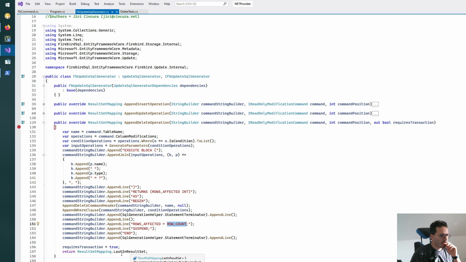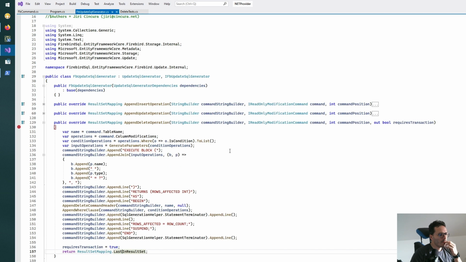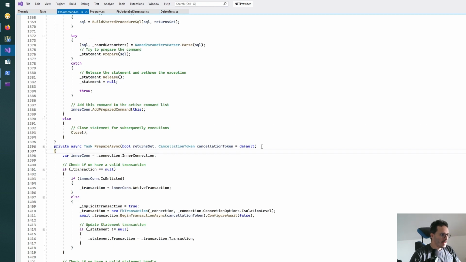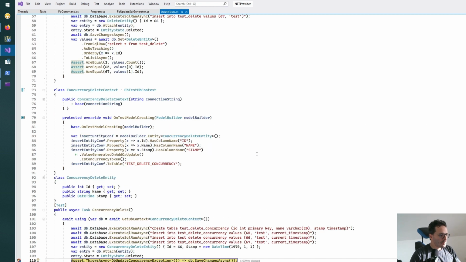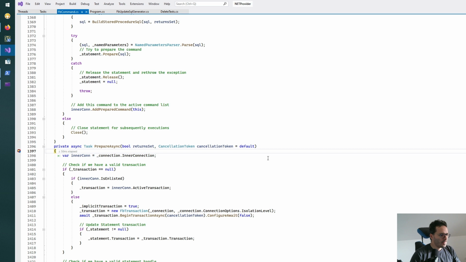Last in the result set has result row. Looks like I need to do a little bit of reversing. What's the command? Yeah, that's the execute block. I'm wondering